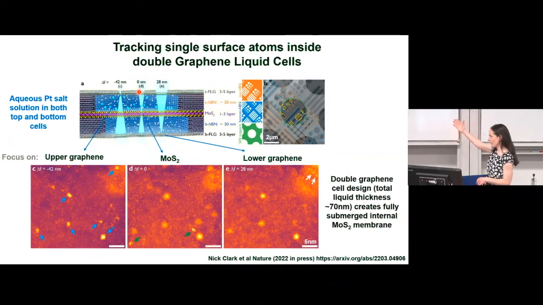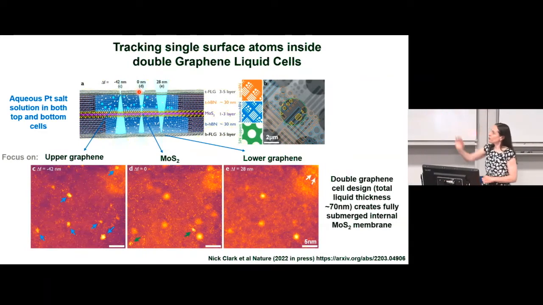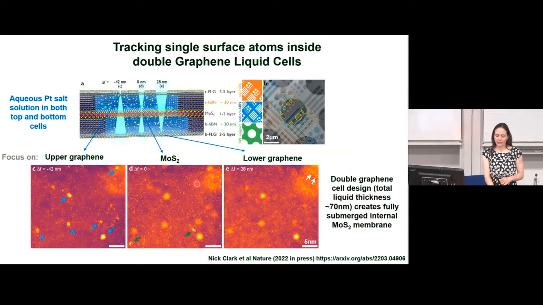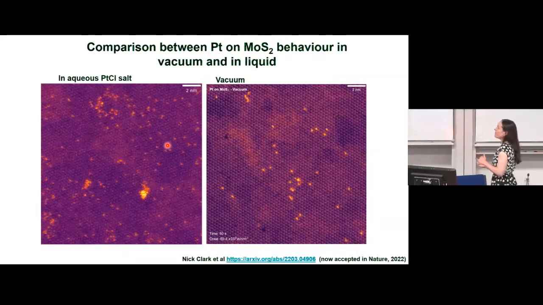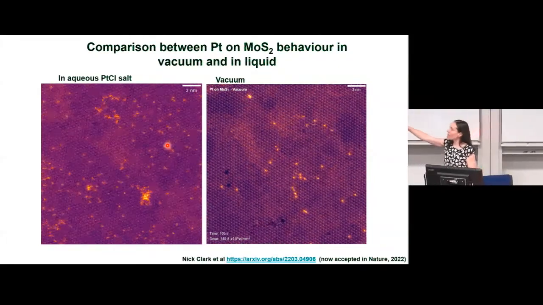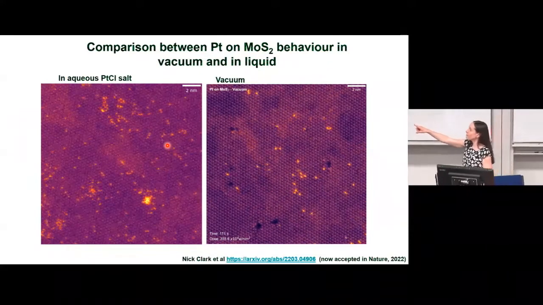So this shows you the liquid cell structure. You can focus using a scanning probe, so you can focus on the different layers. The focus of the top layer is just the graphene with platinum. This is the molybdenum disulfide layer with graphene. This is another graphene layer. Okay, so you can see that it's 70 nanometers thick. And this now compares, sorry, I should turn the lights off. This compares the behavior of platinum atoms moving around on the molybdenum disulfide surface in the